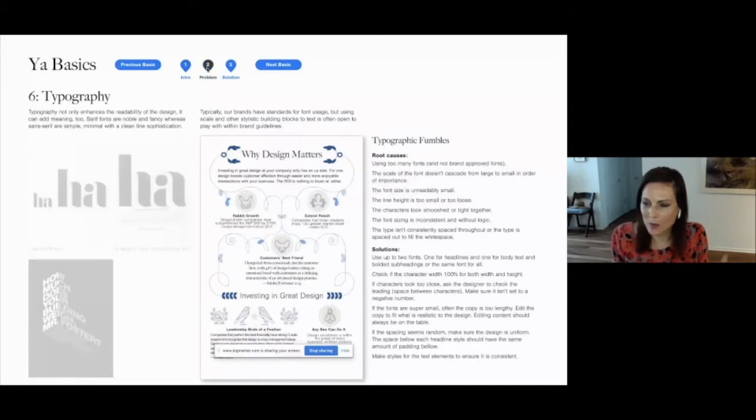So problems with typography that I see, and these are all things I see a lot. Sometimes the designer has placed the copy on the page and either not applied styles or created paragraph styles for it, or they haven't applied them to everything. So they use the default program font for something and they forgot to change it to be the brand font.